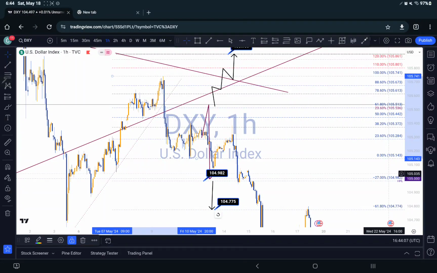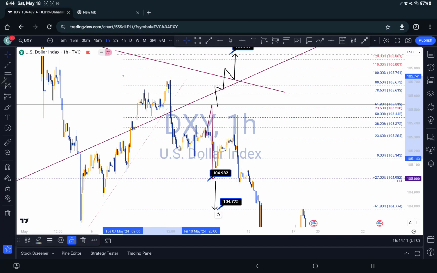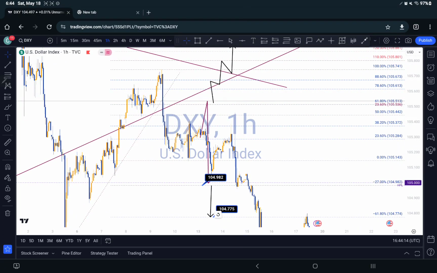Hey guys, so this is my analysis update on the XY guys. What am I expecting on the XY? So before we do today's analysis on the XY, I would like to do a quick recap on the XY